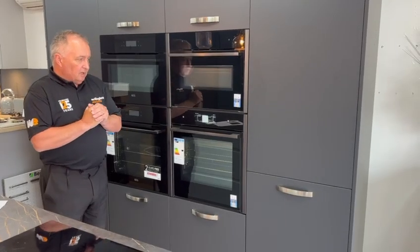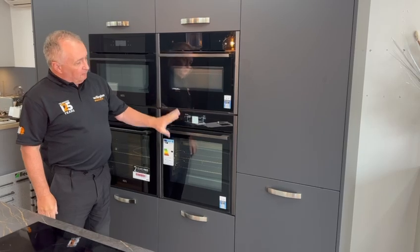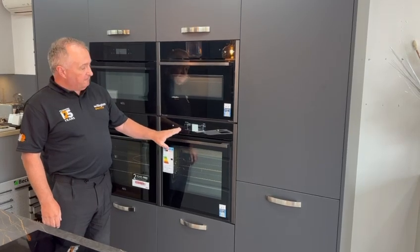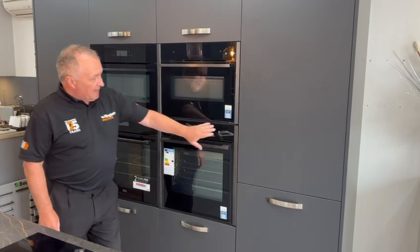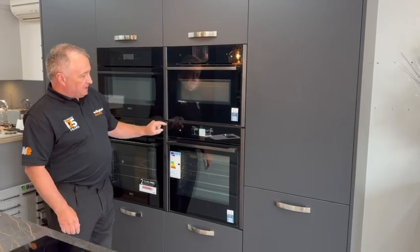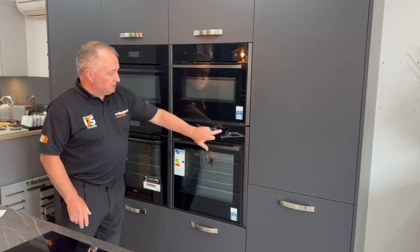Okay, we'd like to offer this superb product. This is a Neff full-size oven. It's 71 litres. It's the B64FT53G0B. It has the graphite trims, the small graphite handle, the full-size TFT, and this product has 22 cooking functions,